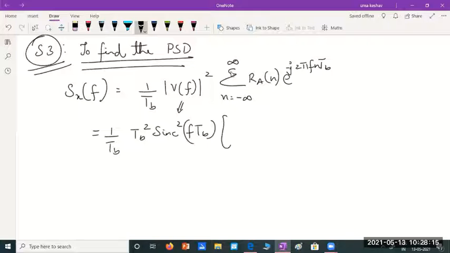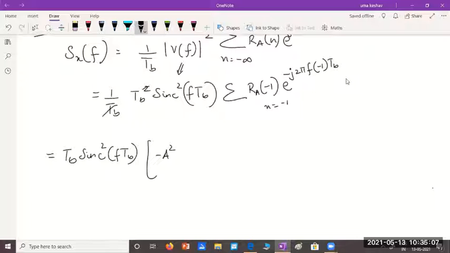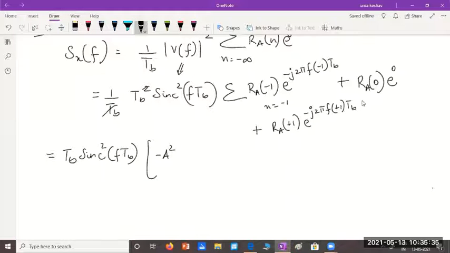And then here I have 4 distinct values for summation. Here I'll say Ra of minus 1 into e to the power of minus j2 pi f into minus 1 into Tb. Remember here I am taking n as minus 1 in the first case, correct? So I have to take care of this n in the power of e also. Next is Ra of 0. Whatever values we have, I am substituting into e power 0 I'll get minus j2 pi f0 whatever. Next I have Ra of plus 1 into e to the power of j2 pi f plus 1 into Tb